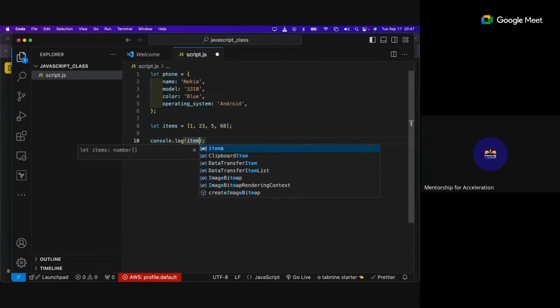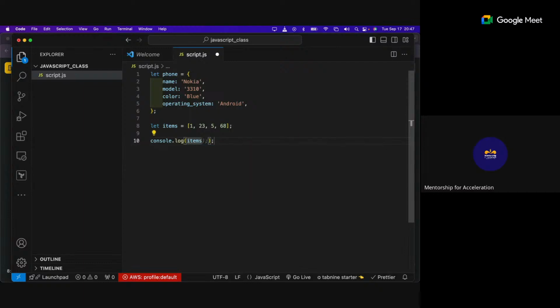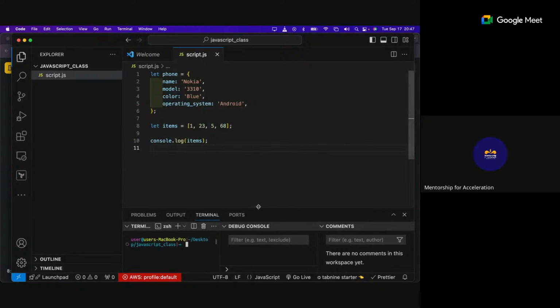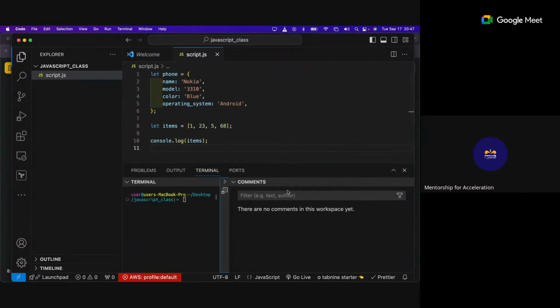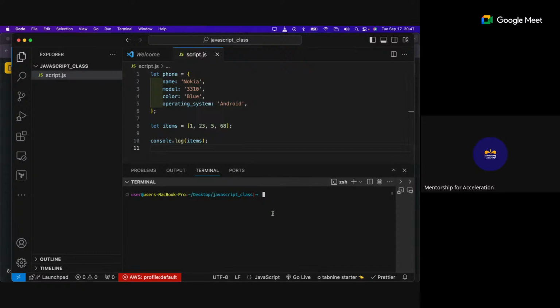Yeah, if you try to console log your items, and see, let me bring this up. Please, if you guys don't understand what I'm saying, please just let me know. So if you try to do something like typeof items,